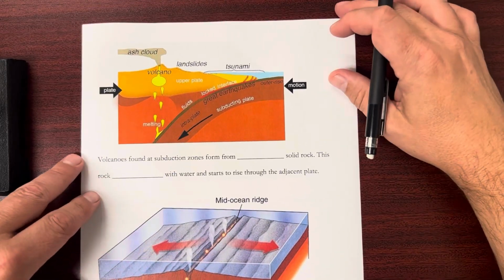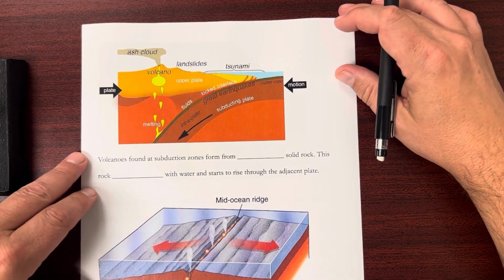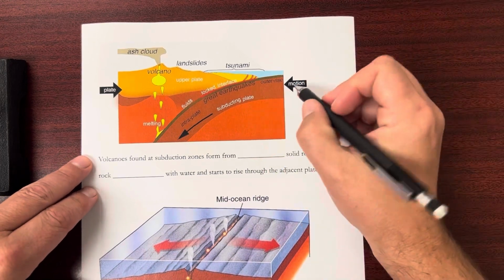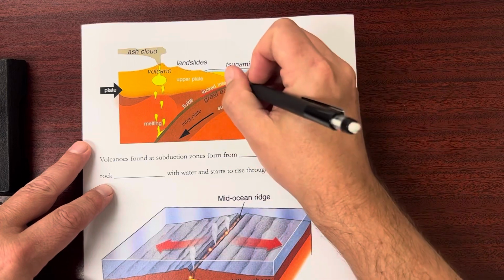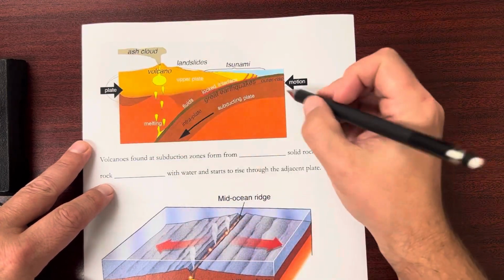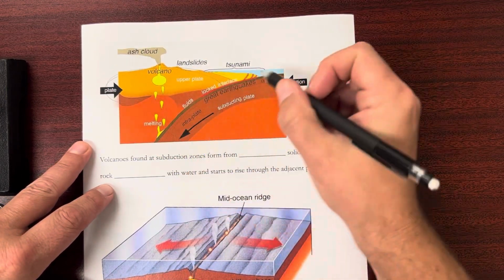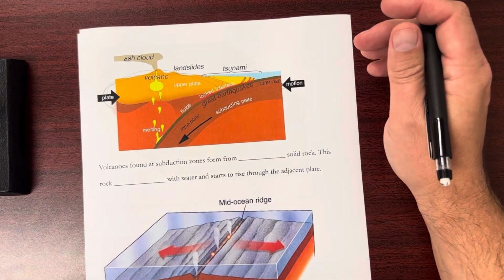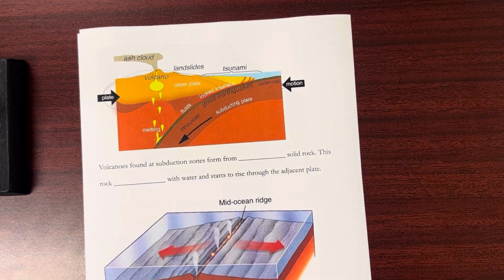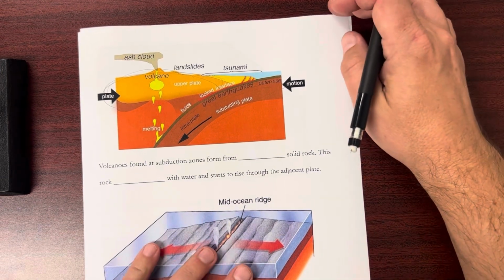So now these are some of the types of volcanoes that we see at plate boundaries. What we have here, so you'll notice two different plates. One plate is here and one plate is here. And this one is going underneath the top plate. This is very common. And what happens, and this has happened in California and along the West Coast,